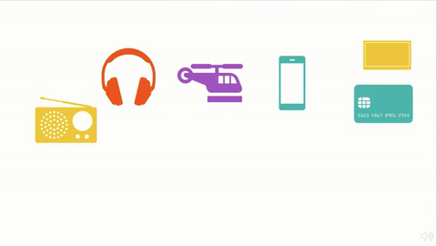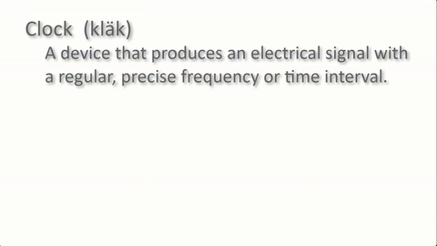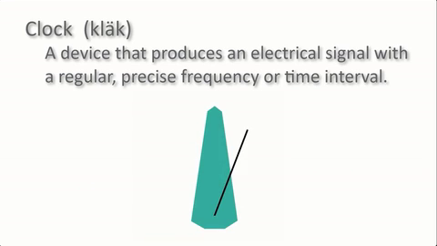Look around you. Every piece of technology you encounter contains some kind of frequency generator. Now, if you're a computer engineer, you call this a clock. Not like a kitchen clock or a bedroom clock. It's not there to tell the time. Instead, it's more like a metronome, keeping a steady rhythm, like an orchestra conductor keeps all the musicians playing at exactly the right tempo. In a computer, everything has to be precisely timed so that data arrives where it's needed,